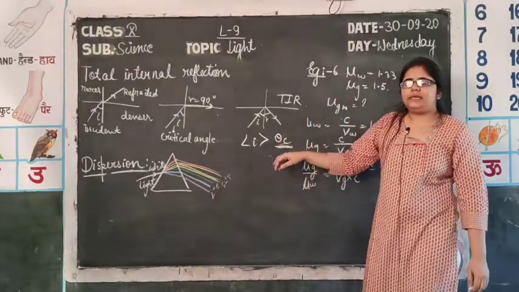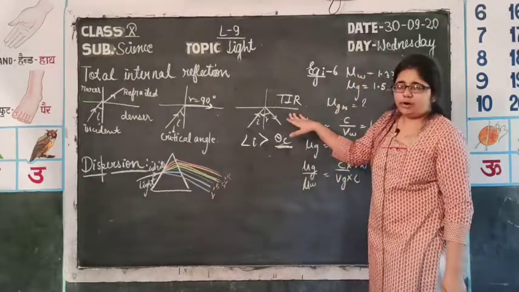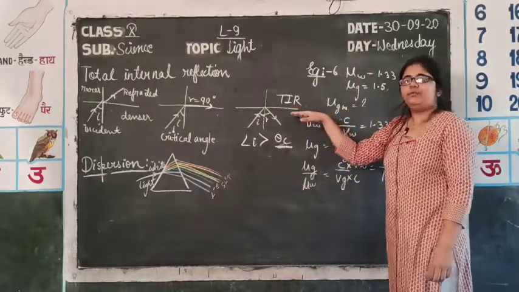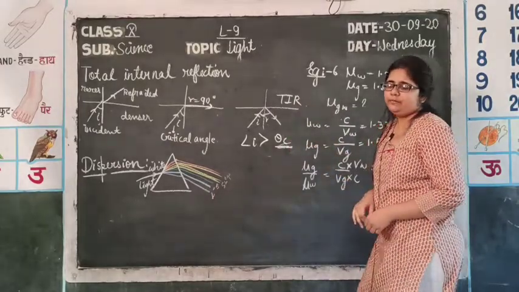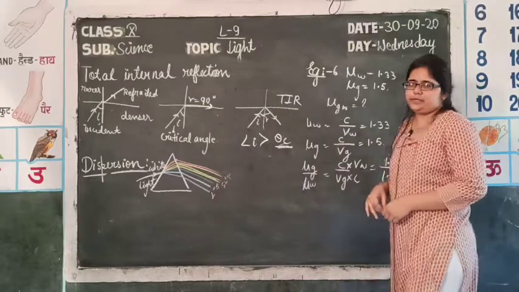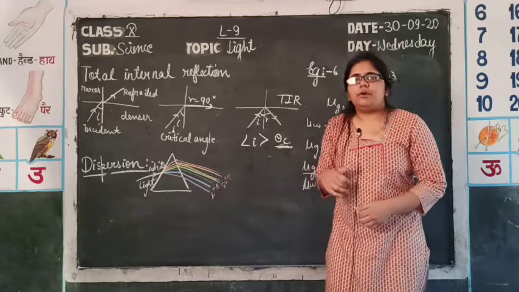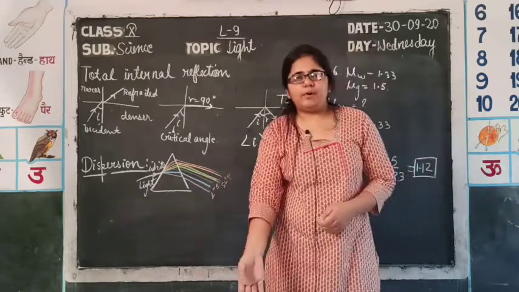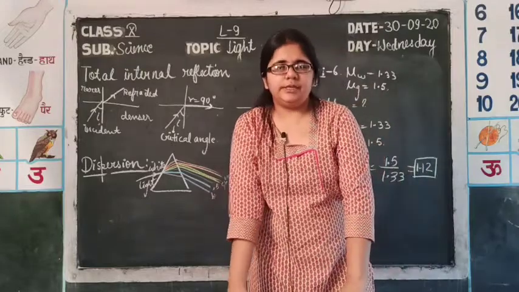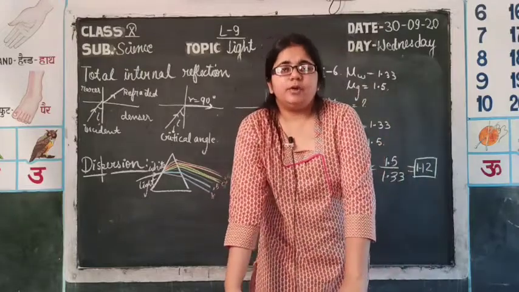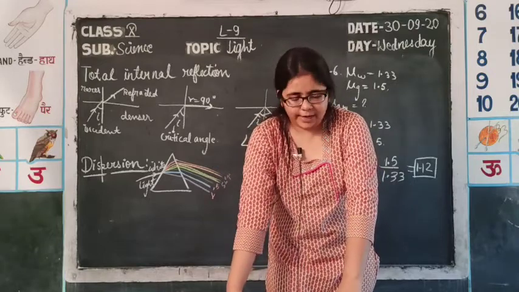When the incident angle is increased further, refraction will not take place and the light moves away from the normal and comes back to the same medium, which is known as total internal reflection. This kind of total internal reflection helps in transmitting signals with the help of light, in which optical fibers are used. So, TIR is used in optical fibers and is also responsible for the shining of diamond.